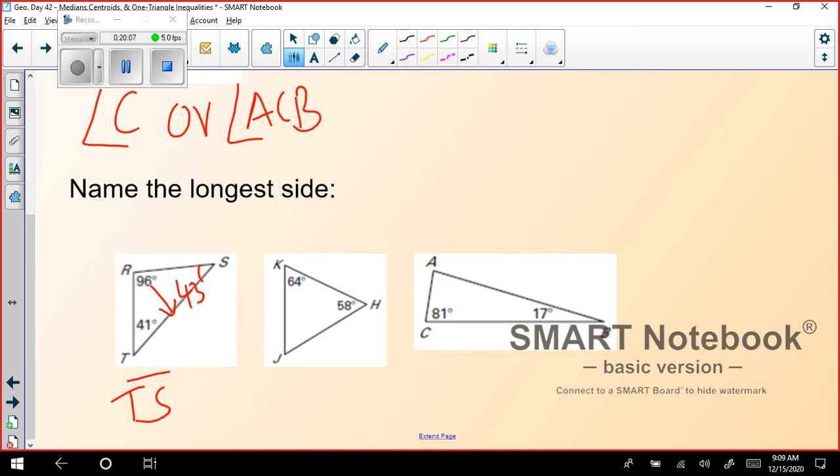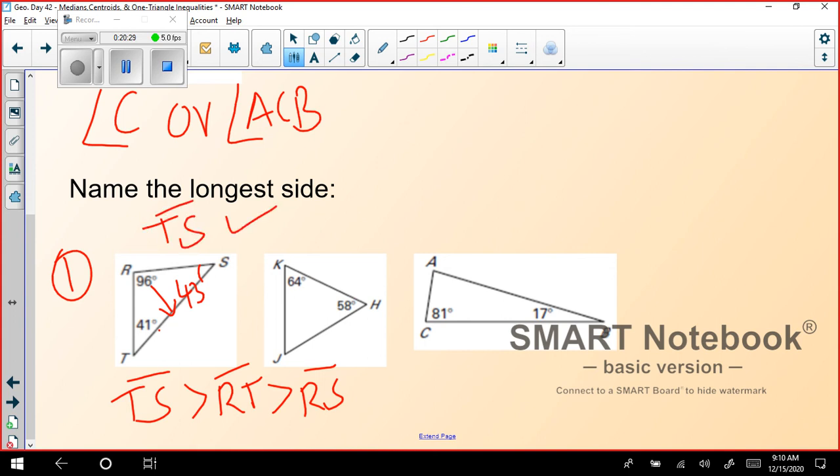Then after that, if you want to list the order in which the sides are, I can also list that. TS is going to be greater than the next one. The next largest angle is 43, so RT. Then we will have RS. But actually you don't need these two. The question that they had asked was to list the largest side, so TS is good enough. Okay, this is the answer. This one I'm just giving you a little extra information. For the second and third, just list the largest side in your chat. We will see the next slide after that.